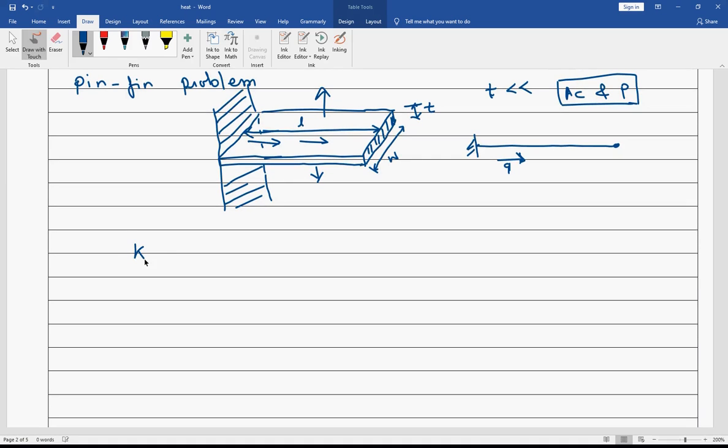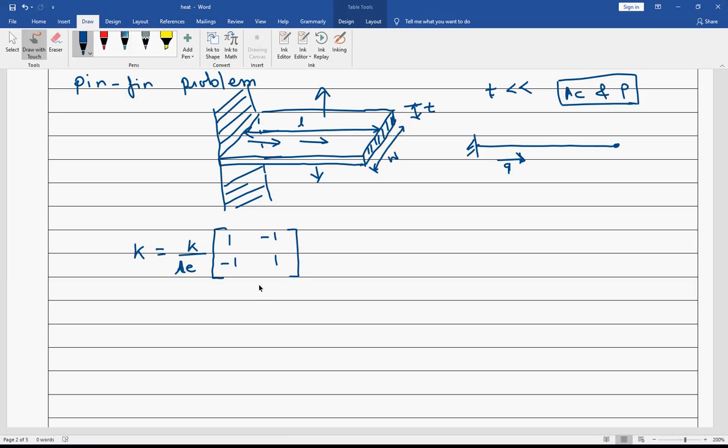So basically a stiffness matrix is given as K by LE, that is length of element. I won't be using A because A is going to get cancelled from all the sides. So I'll be writing all for unit area, not to consider area in case of pin. So it will be [1, -1; -1, 1].